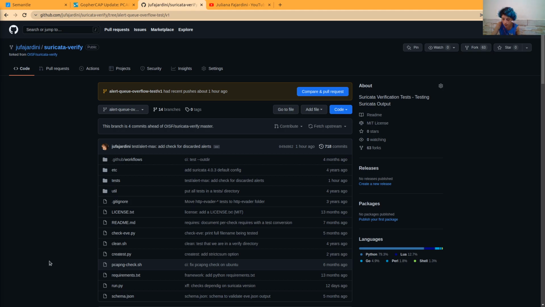But yeah, that's me. This is the third session of the day. And in the previous sessions, we worked on adding a very small patch to ensure that Suricata logs to our stats when an alert is discarded because we have a packet alert queue overflow. And now, as I just said, we want to have that logged to our stats. And I did that.